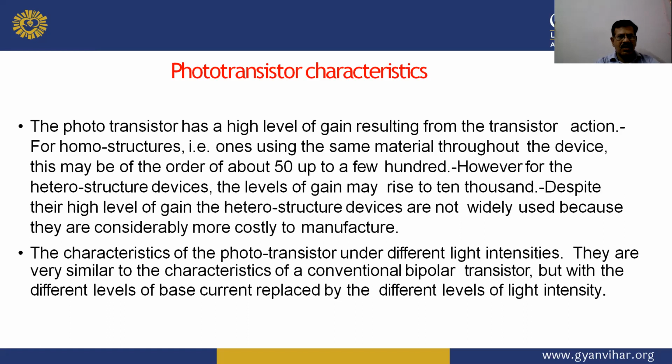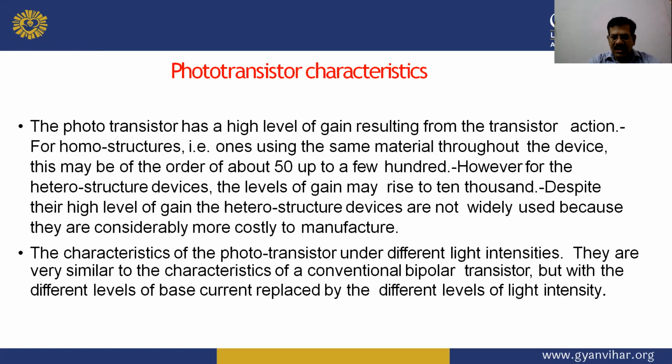However, for the heterostructure device, the levels of gain may rise to 10,000. Despite their high level of gain, the heterostructure devices are not widely used because they are considerably more costly to manufacture. So the characteristics of the phototransistor under different light intensities are very similar to the characteristics of the conventional bipolar or BJT